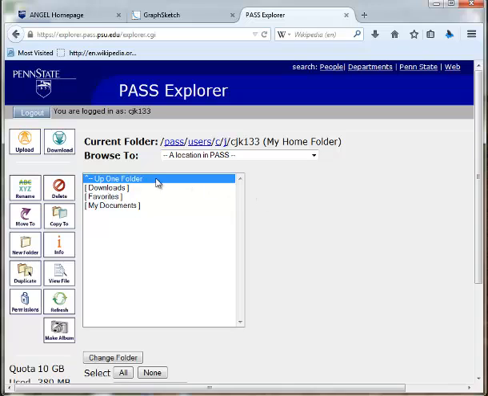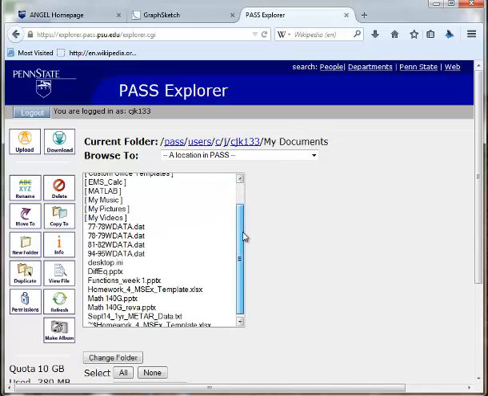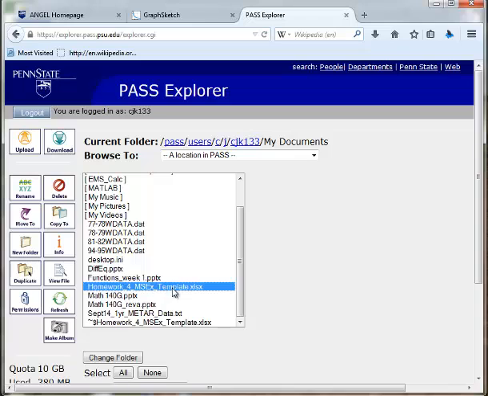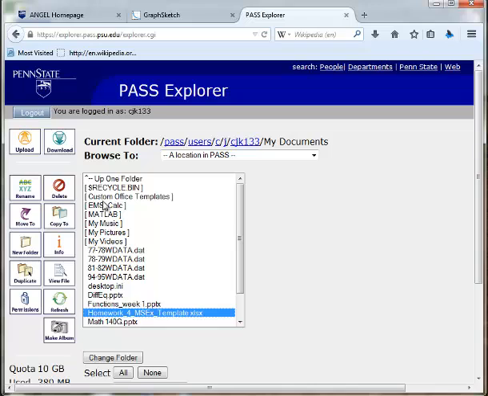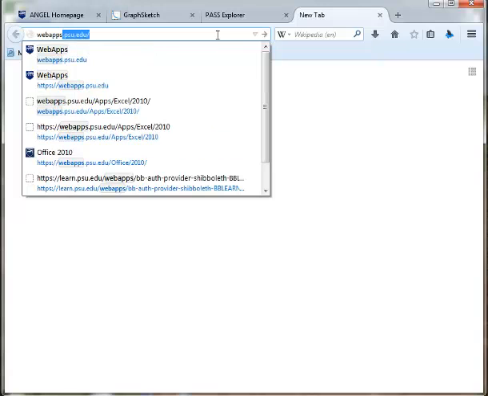When you log in, you will see a directory structure like this. I have uploaded into my documents of my PassSpace this week's homework template that I downloaded from Angel. So this PassSpace is what is going to be your directory whenever you use anything in WebApps. What I will do now is navigate to WebApps,